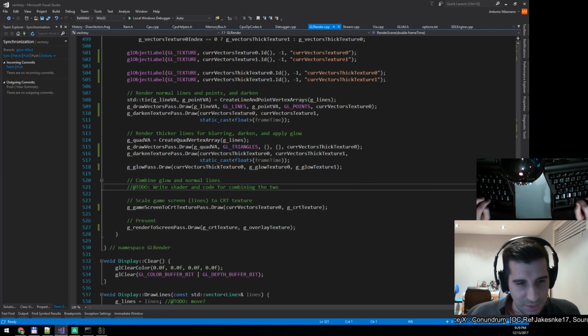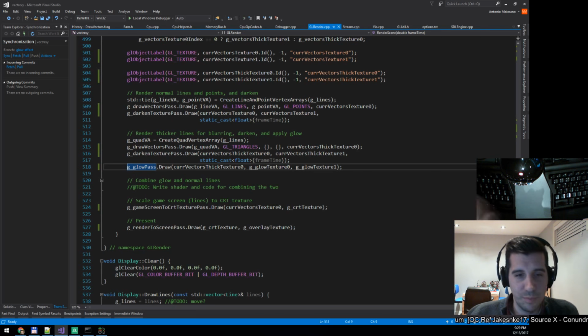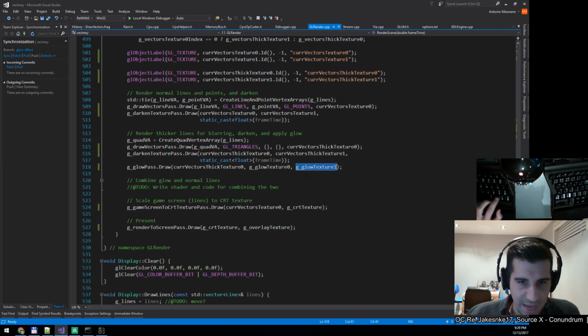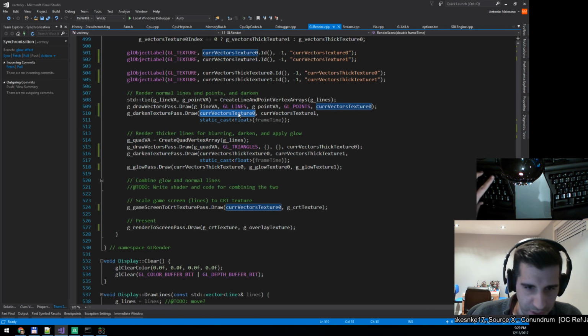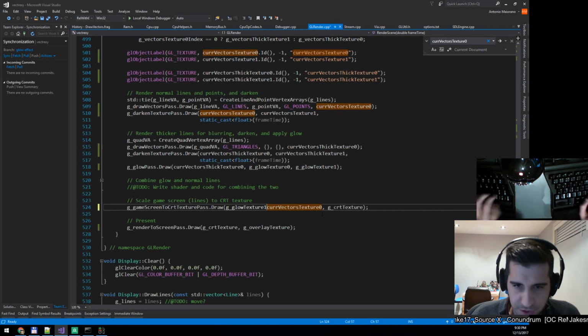And then after that is the step I'm missing, which I'm going to write right now. We need to combine the result of this here and of this here. So the thin normal lines, we want to render on top of the thick lines into a texture, and then after that we can show that on the screen. Just to show you again, if we ignore this, right now we're not actually seeing the output. We're only seeing the output from the normal lines, and you can see that over here because I'm using curve vectors texture 0 here. But if instead we were to use the final glow texture,